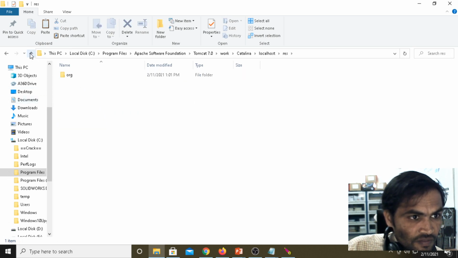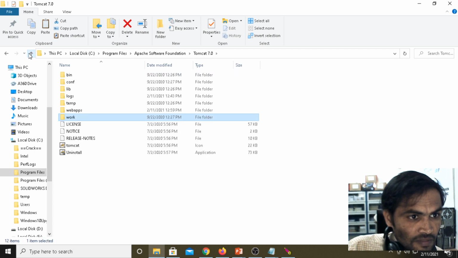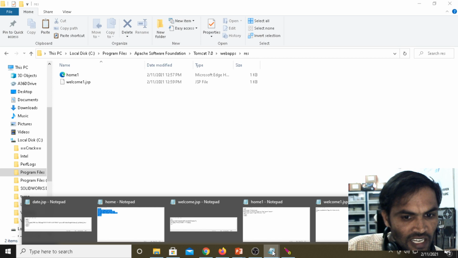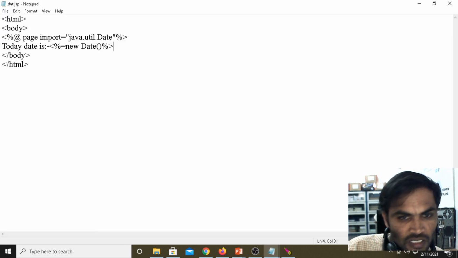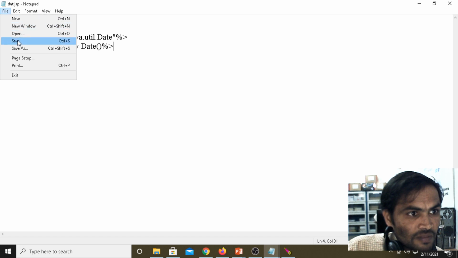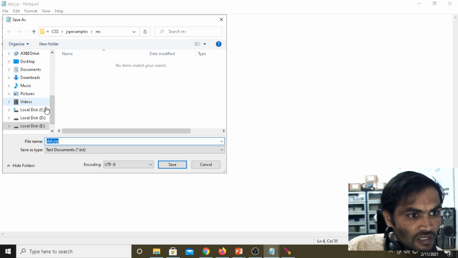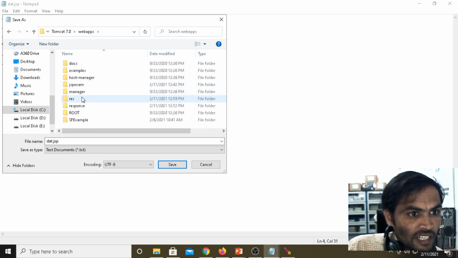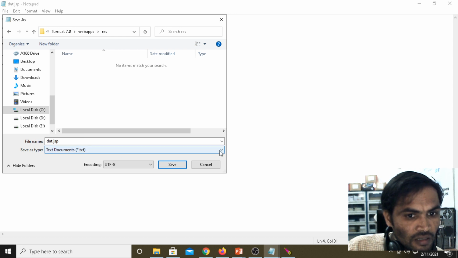We can check it here under webapps, to see where it is saving. It is not saved under the RES. It is actually saved under the E directory. Now again I am saving the file. Save as, go to Program Files, Apache, Tomcat, then save as files.